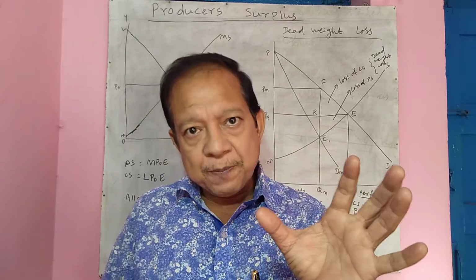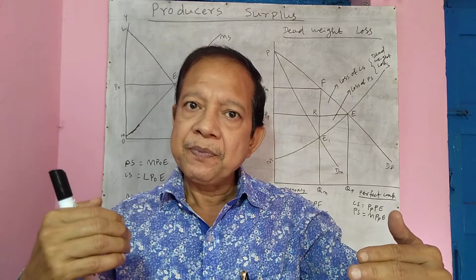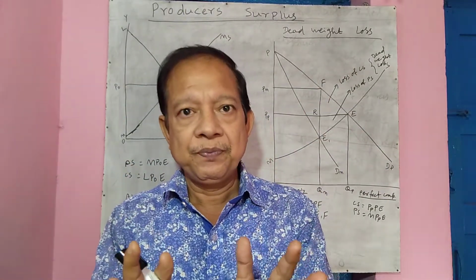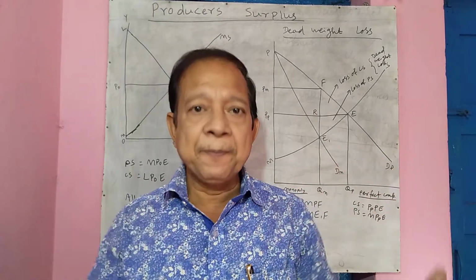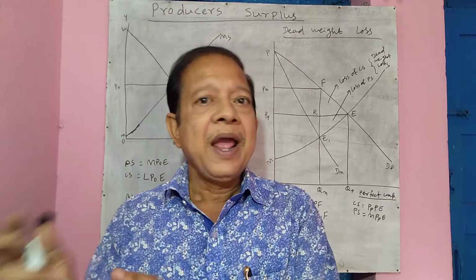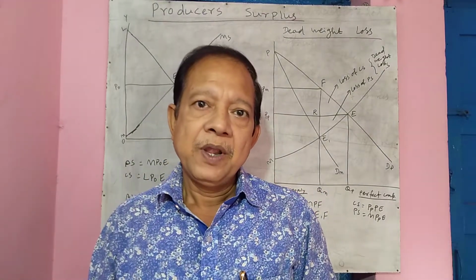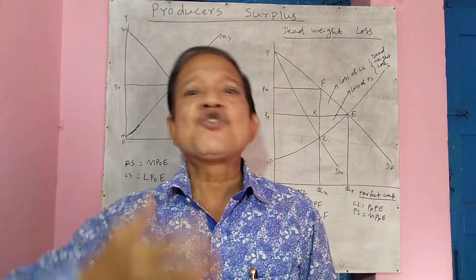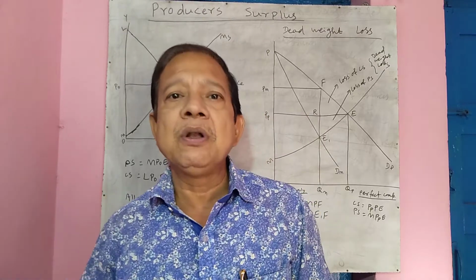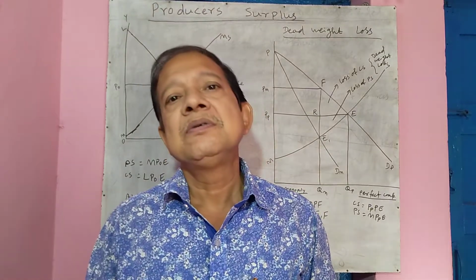So producer surplus is nothing but the difference between the amount the producer gets as his revenue, or as you say, the selling price, and the marginal cost of the product, and whatever extra amount of income he earns over and above the marginal cost, we call this the producer's